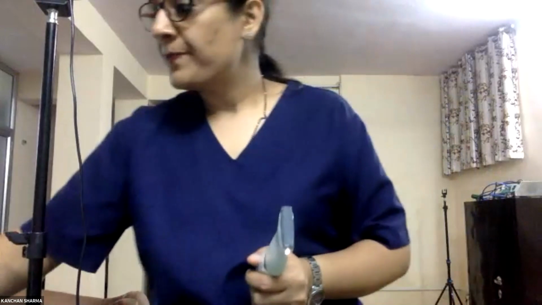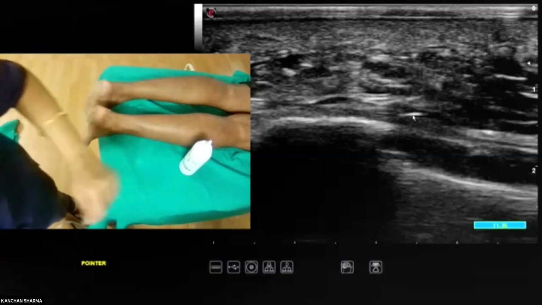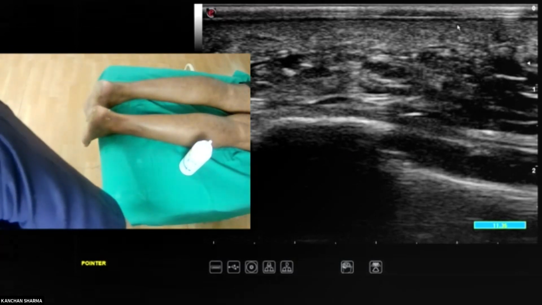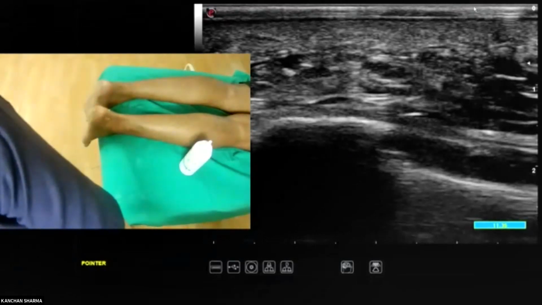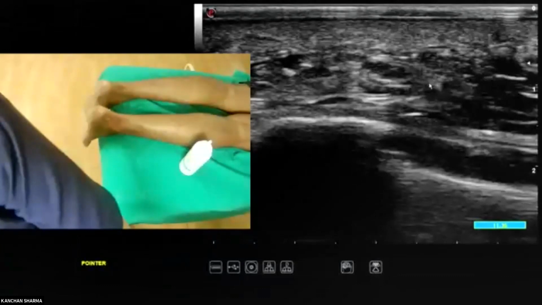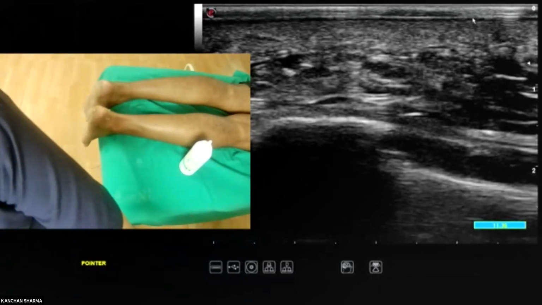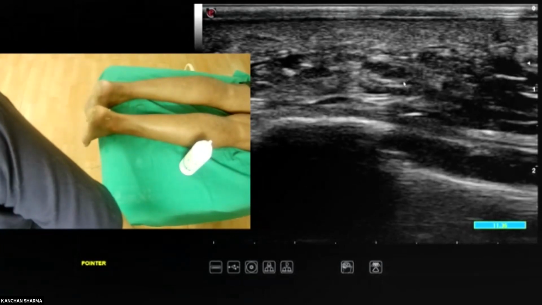So what you can do, I'm just showing you here. I need to show you the screen once again. So when you are injecting, suppose you want to inject. So this is your skin, and this much if you inject local anesthetic, that is fine, but do not keep on injecting till here. You can just inject into the trajectory of your needle. You can just start injecting local up to there, but do not go